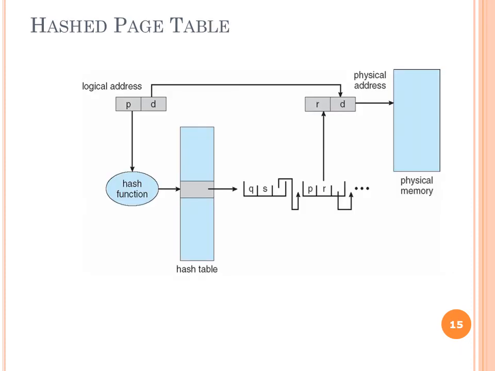That's in the next figure here. The logical address in a hash page table is a combination of two things, that is page number and the offset. This page number is hashed into the hash table here, instead of a page table, using the hash function. Then you have the linked list of elements here. Then you will get the corresponding frame number from these virtual page entries. This frame number is added with the displacement to get the physical address in the physical memory.